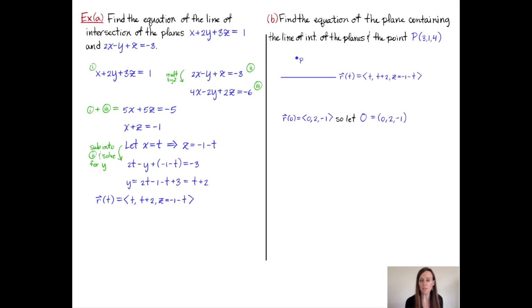And then let's call the point that it represents O. And plotting that on our sketch, we now have our 2 points. We can easily form the vector OP. And so OP would be P, (3, 1, 4), minus (0, 2, negative 1),